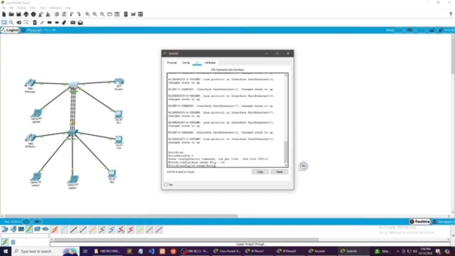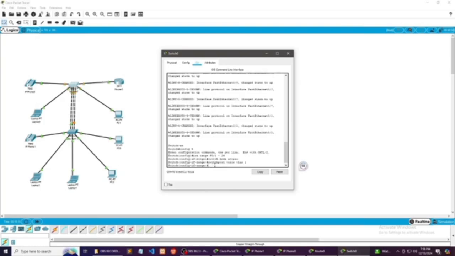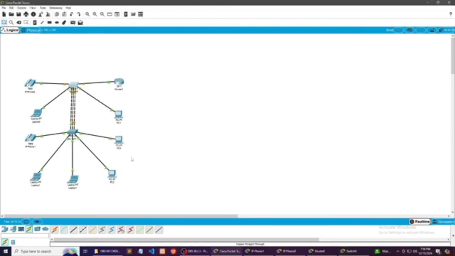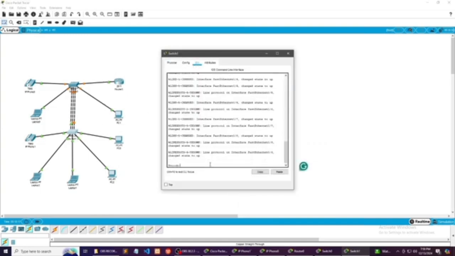Type switchport mode access, enter, then switchport voice vlan 1. After that, you're gonna close it.